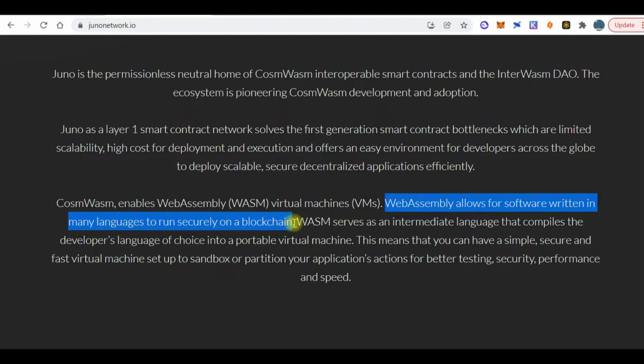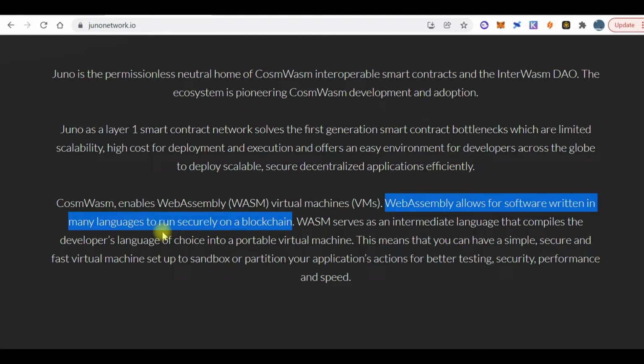So this is the huge difference between Juno and some other blockchains that are also interoperable, right? Because with most of them you can't write your software in any language and then have it deployed on that blockchain. You have to write it in their own language.